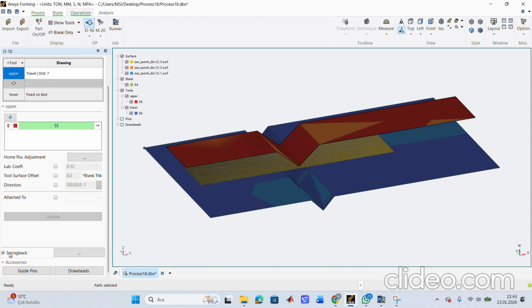Spring back is the elastic recovery of the sheet metal after the forming process is removed. In real manufacturing processes, spring back is always present and ignoring it can lead to inaccurate angle predictions. By enabling this option, ANSYS Forming calculates the final shape of the sheet after unloading.